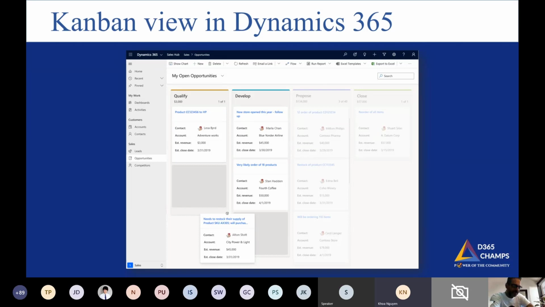Okay, so as you may understand, Team Foundation Server is basically a tool which does much more than managing your activities or opportunities. It is about managing your IT project itself: what starts as a use case, then moves on to development, who it is assigned to, what code is attached to it, and what test cases from the testing team are attached. So a Kanban board in Team Foundation Server is one part of it,